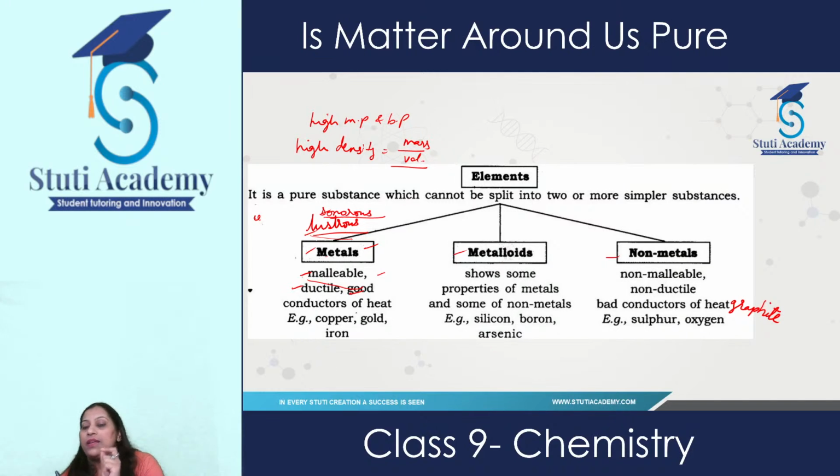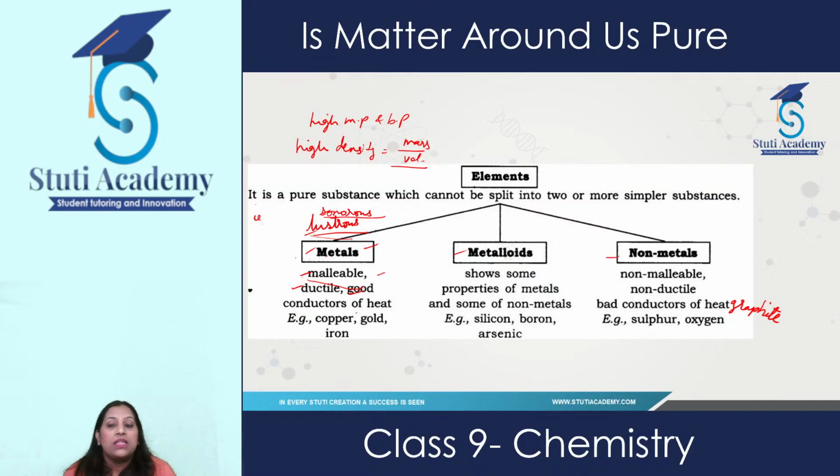Why is graphite a good conductor? Due to the arrangement of the layers which are present in graphite. Due to this, they have a slippery arrangement of carbon particles in them. As a result, they are good conductors of heat and electricity. So this is an exception only. Except graphite, all non-metals are bad conductors of heat. It means in metals also there are some exceptions, and in non-metals also there are lots of exceptions.